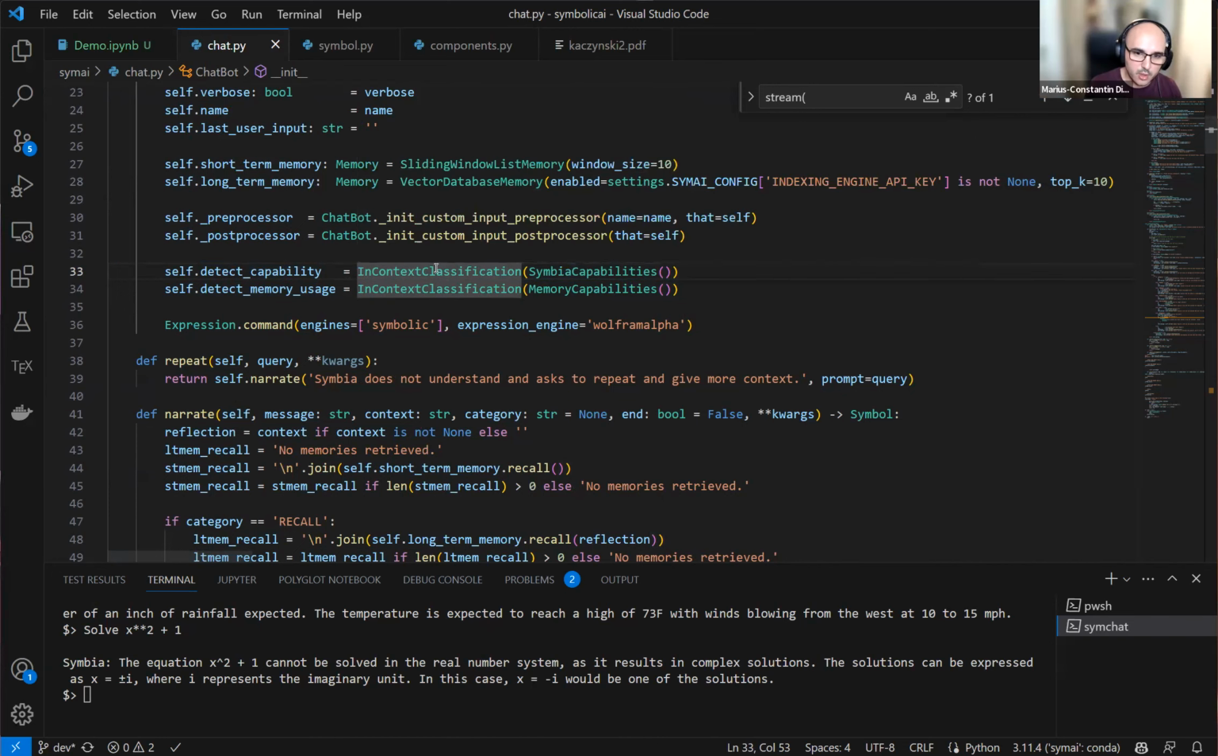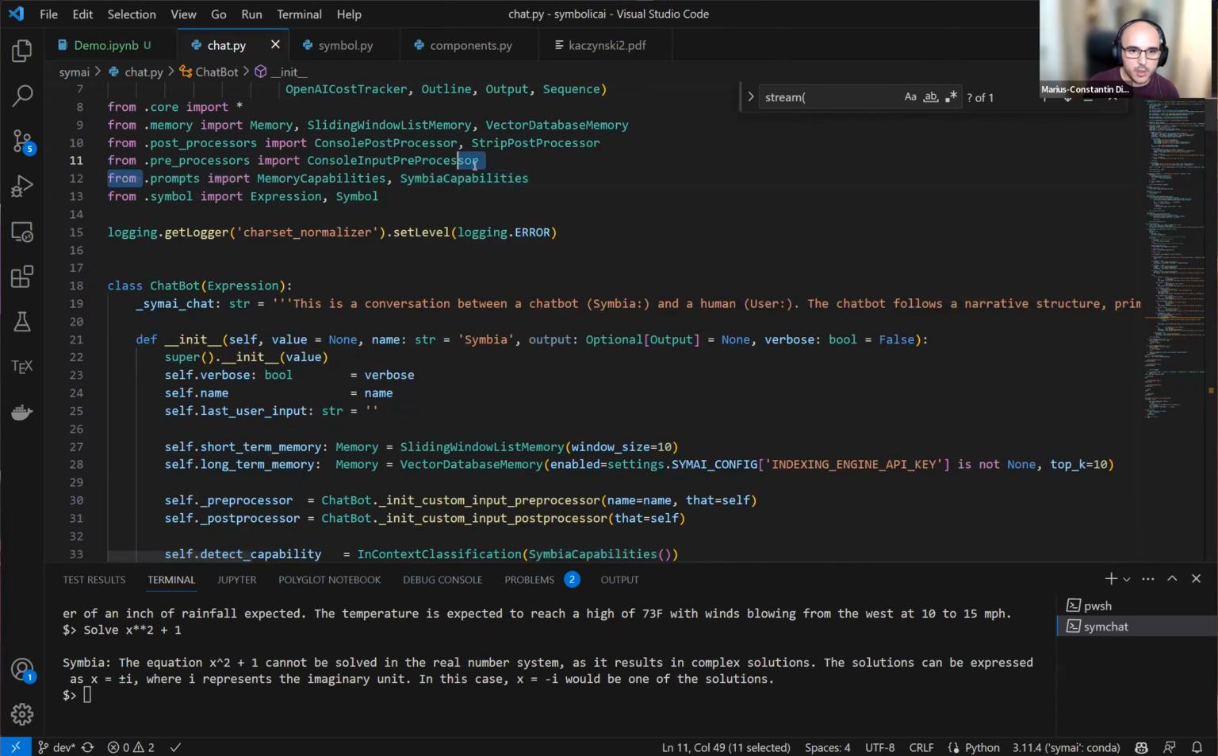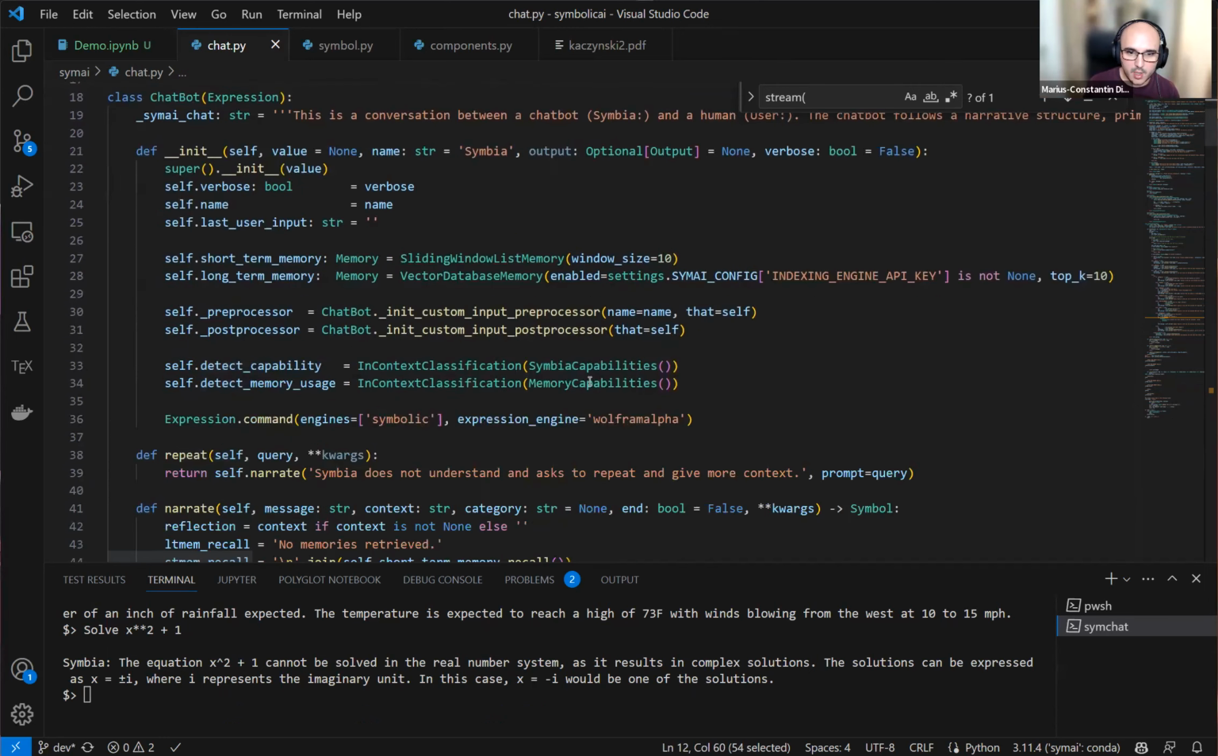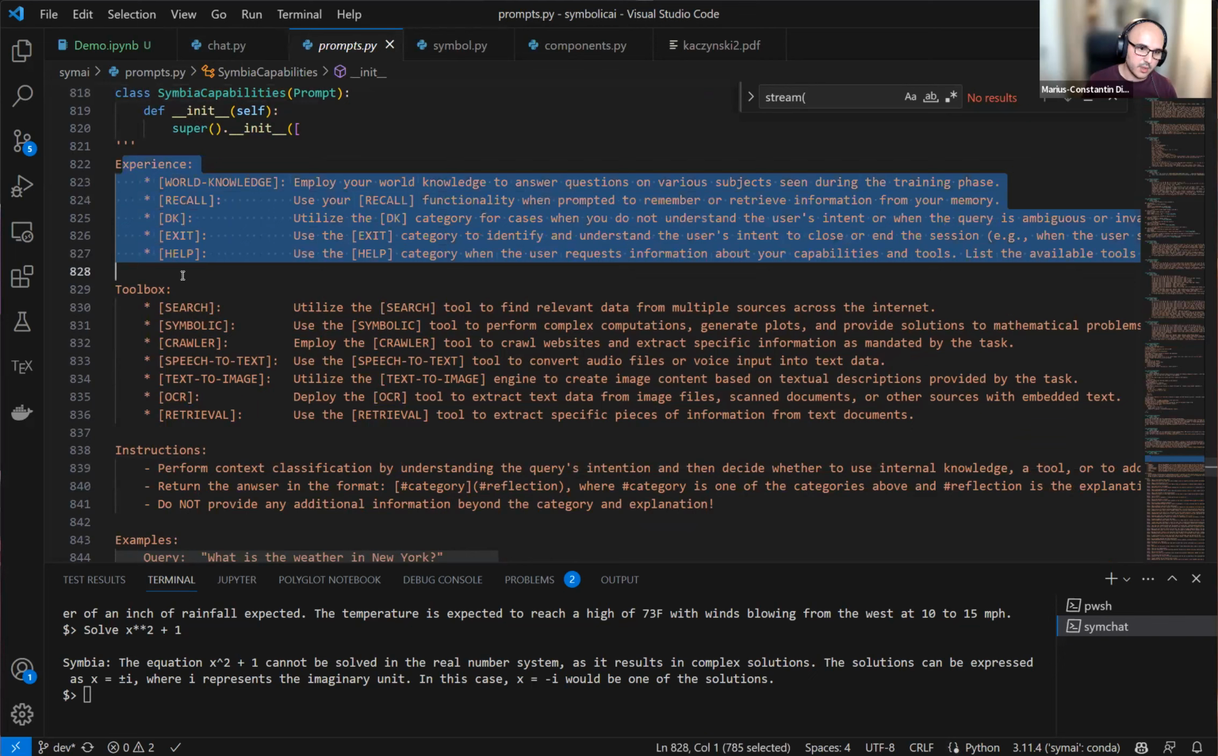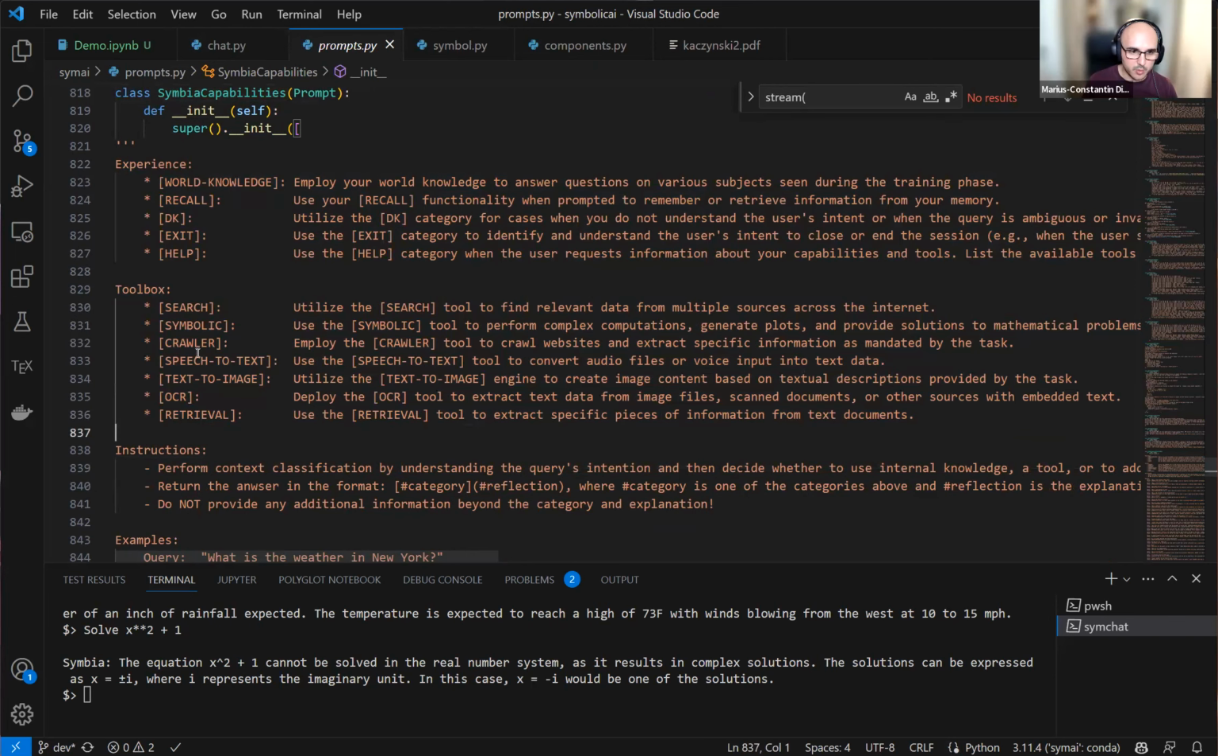Exactly. So you saw this in-context classification component here. This one gets passed a prompt, because we have some prompt templates here in prompts. If you look at the prompt template, you can see what is happening here. It has this experience, some toolboxes and some tools that it can use. Maybe you want to go over this, Leo, a bit, because you implemented it. Yeah, the idea was to split between experience, toolbox, some instructions, and obviously examples, because we're doing few-shot